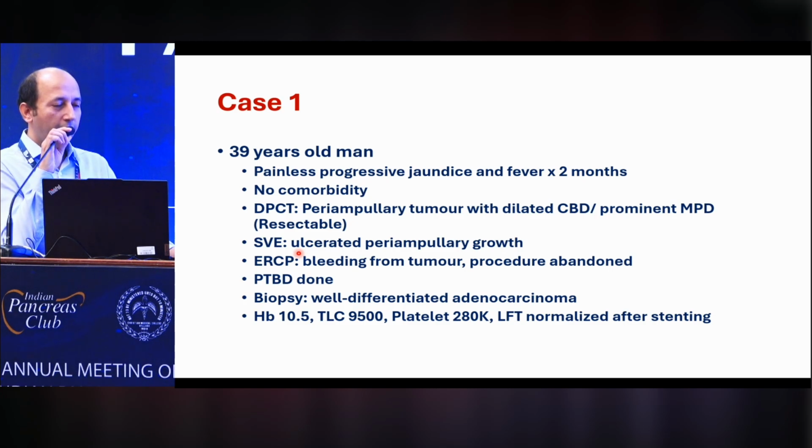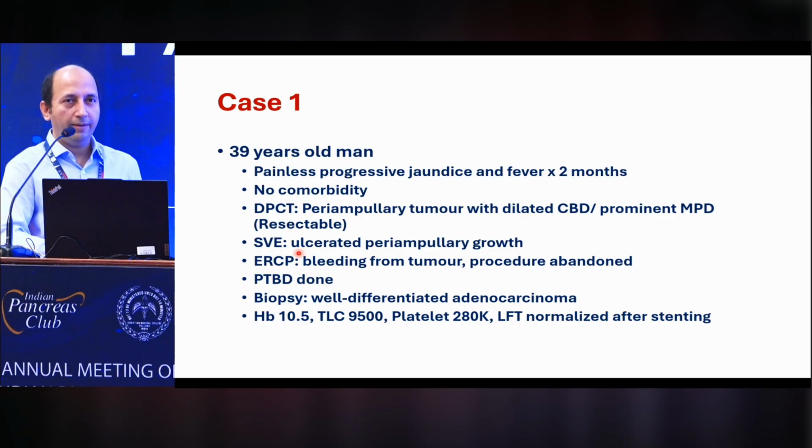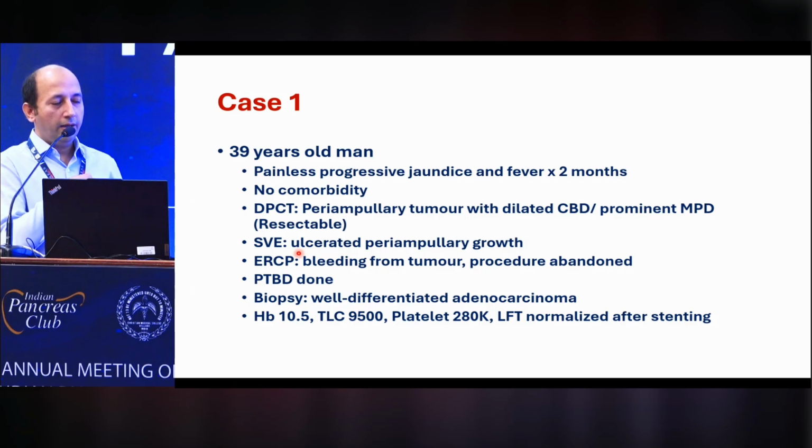He is a 39-year-old man. He presented with painless progressive jaundice for the last 2 months. No comorbid condition. CT shows a periampullary growth, a dilated CBD, a prominent MPD, resectable disease. Endoscopy was done. He had cholangitis, and ERCP was tried, but there was bleeding from the tumor, so the procedure was abandoned. He underwent PTBD. Biopsy showed well differentiated adenocarcinoma, and after the stenting,